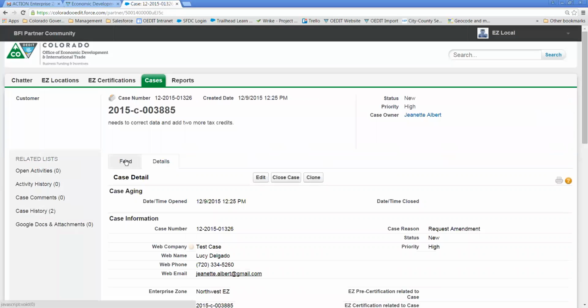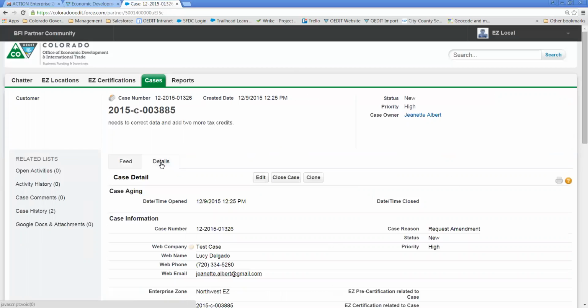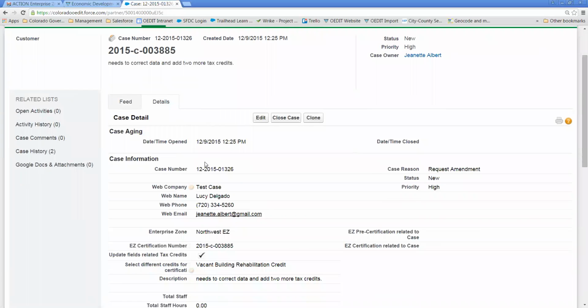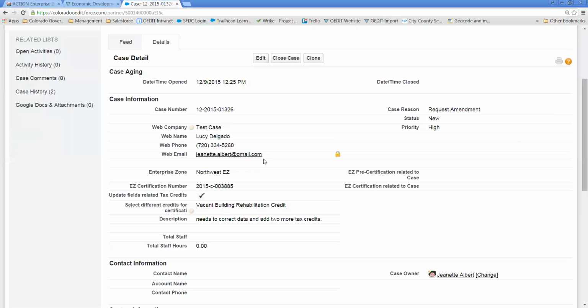And sometimes you'll go directly to this feed tab. So what you could do, just click on the details tab so you could see all the details of the case that you're going to be working on. So here's all the information that Lucy put in, and as the Enterprise Zone admin, I'm going to say, okay,